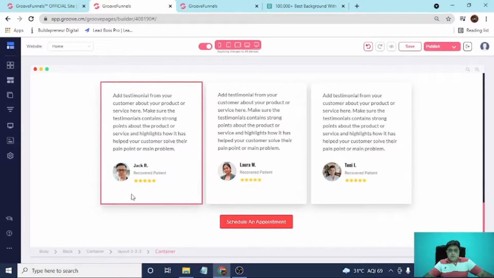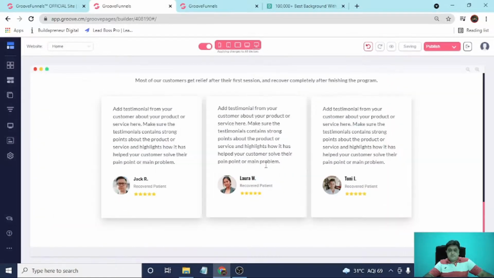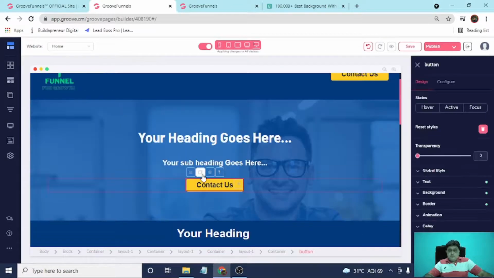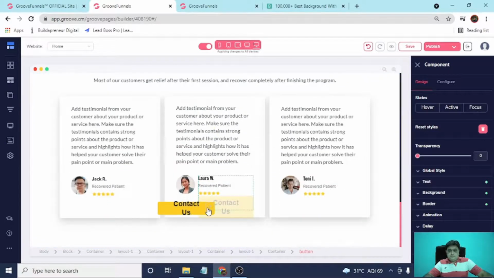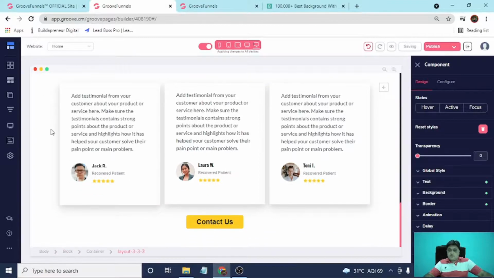Now we have to replace our button instead of this button. Copy this button, drag from there and drop it here. Now save our work, guys, otherwise you will lose your work.